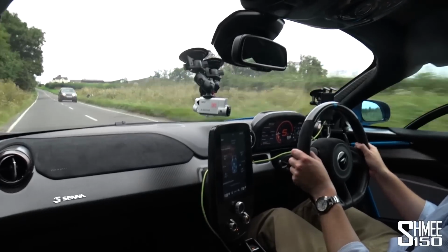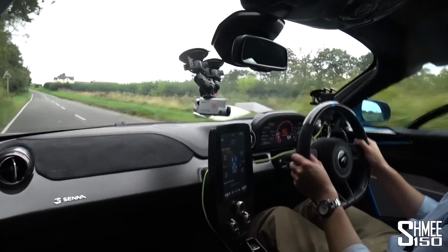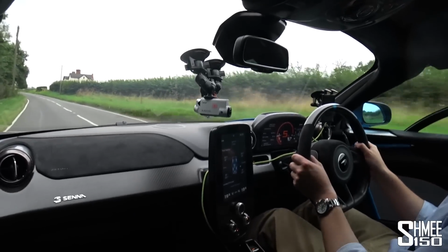Yeah, you have to be very aware, especially on these bumpy roads. It's one of the things you experience with this car: at 60 miles an hour, at the speed limit, you hit any bumps and it's set up so aggressively with the camber that it just wants to pull all over the place, which is obviously far from ideal for having a smooth drive. It's not about having a smooth drive. A long journey is exhausting, it is hard work, but when you're in the right place, there's nothing else quite